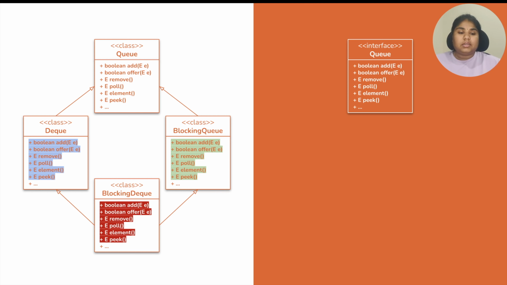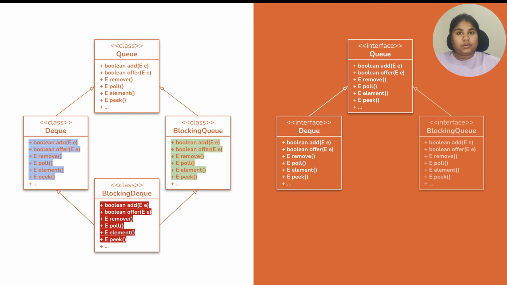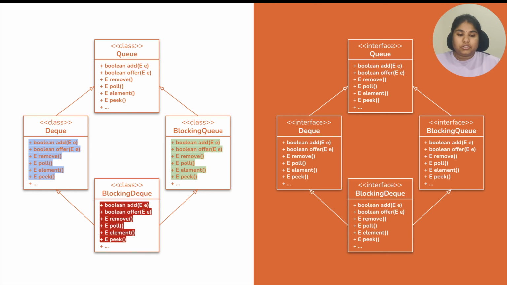So all the methods are available only as prototypes or signatures, which are the same: add, offer, remove, poll, element, and peek. And DQ is again an interface which is being extended from the Q interface. Similarly, blocking Q is also an interface that is extending from the Q interface. Now, whenever we say an interface, it does not have its own implementation. So all the methods mentioned here, add, offer, remove, poll, element, and peek, do not have their own